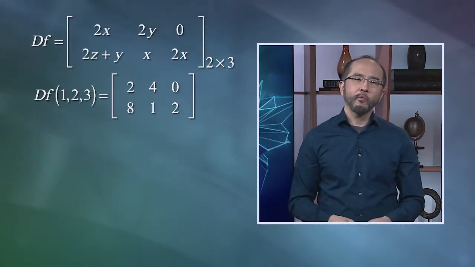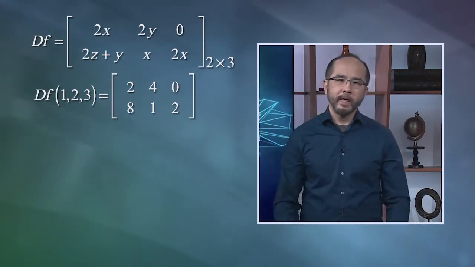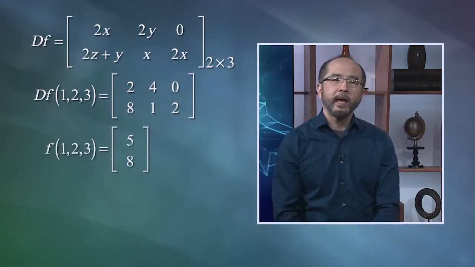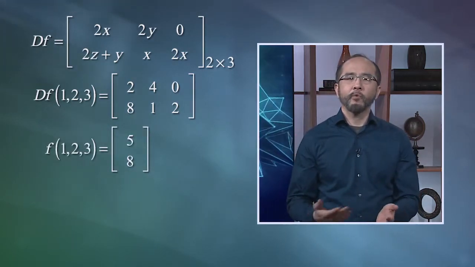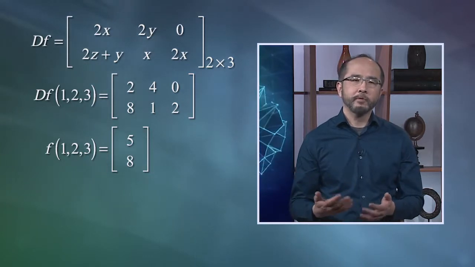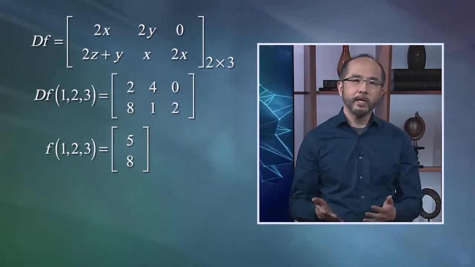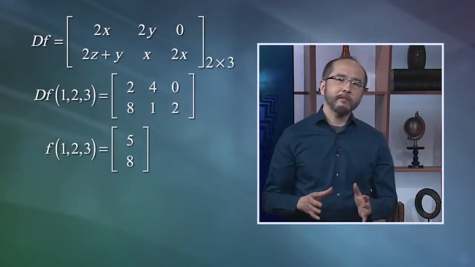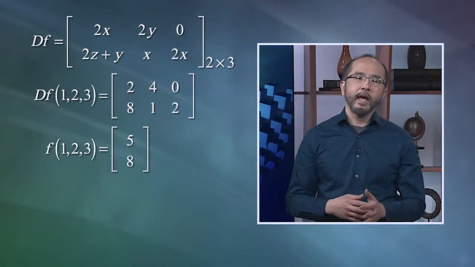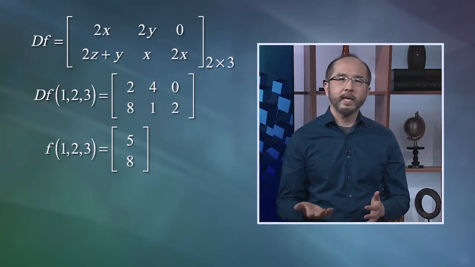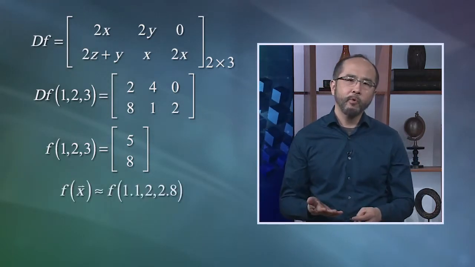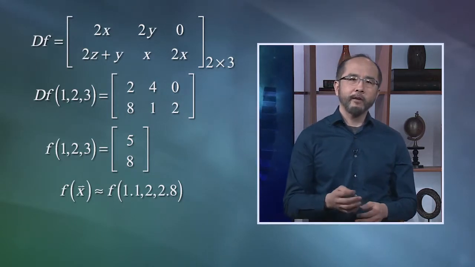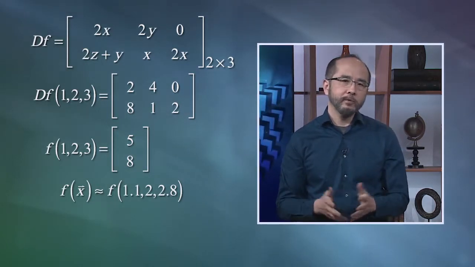Now you can check 1, 2, 3 goes to the point f of 1, 2, 3, which is 5 and 8. And any vectors based at the point 1, 2, 3 get mapped to vectors based at 5, 8 using the matrix df. So if I want to estimate the function value of f at a nearby point, let's say x is the vector 1.1, 2, and 2.8, and I know f at the nearby point, a equals 1, 2, 3,